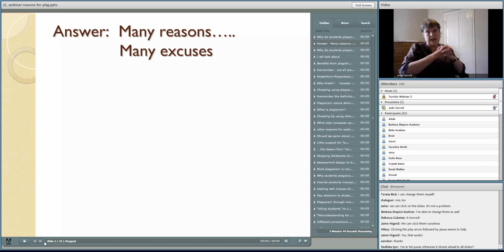Why do they cheat? What's the cause of them cheating? And why do they cheat? What are the benefits they want from cheating using plagiarism? Well, the benefits are clear. They want to gain an advantage unfairly. They want that advantage, but they don't do it in a fair way. They want to avoid the work and they want to get the reward. That's quite important, that avoiding work.